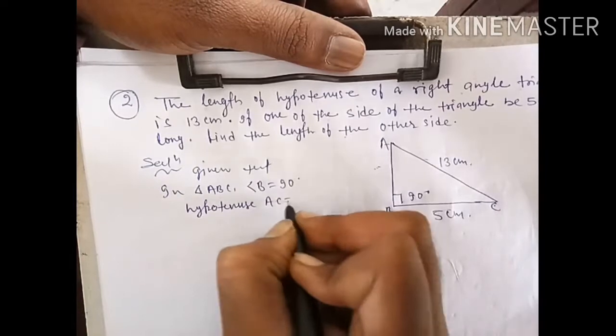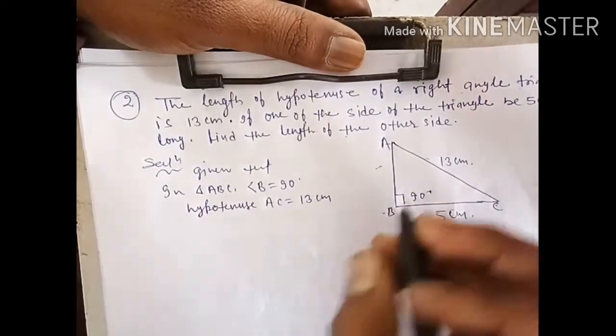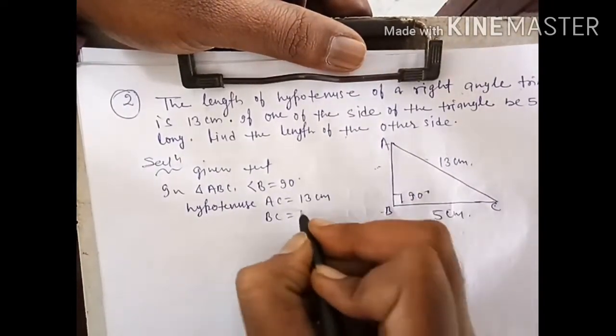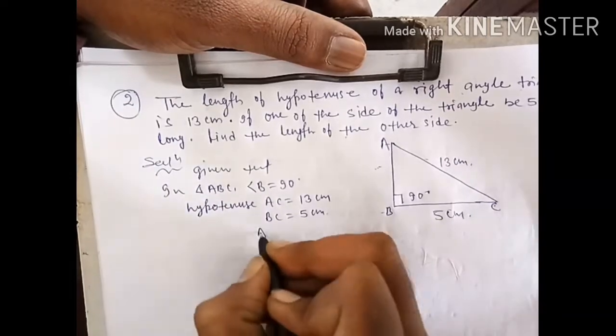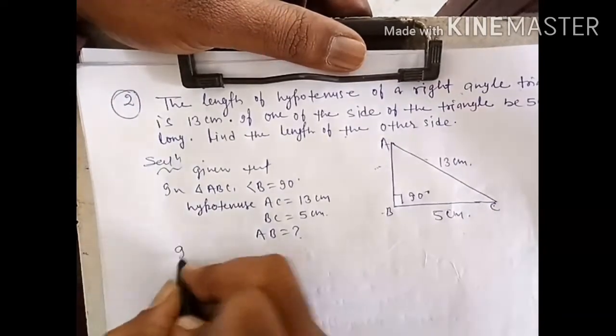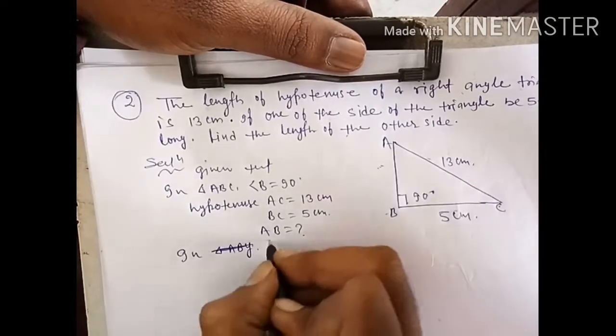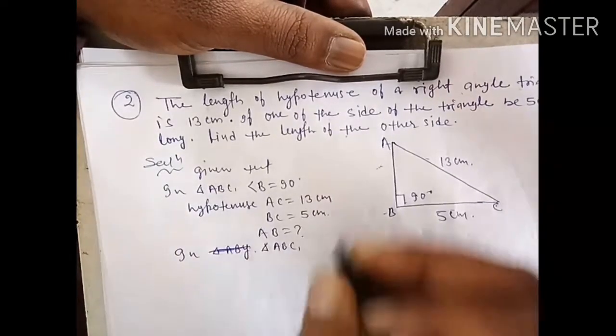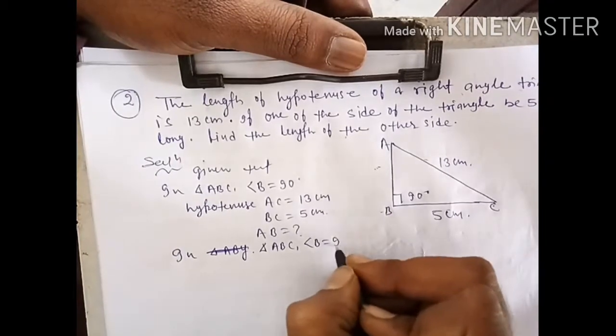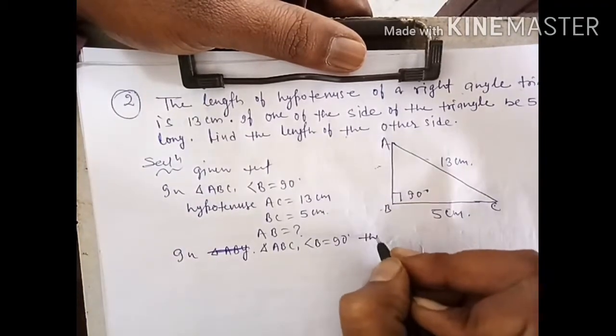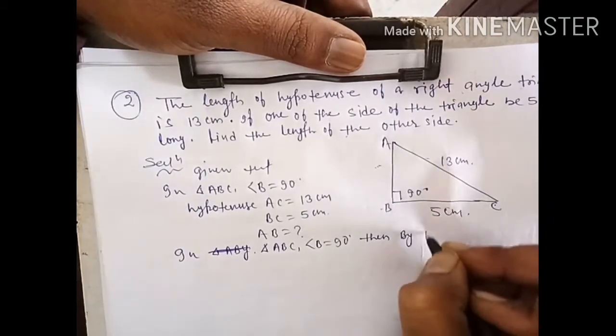Hypotenuse AC is equal to 13 centimeter, BC is equal to 5 centimeter. You have to find AB. In triangle ABC, angle B is equal to 90 degree. Then by Pythagoras theorem,